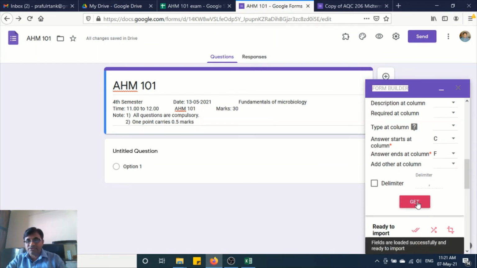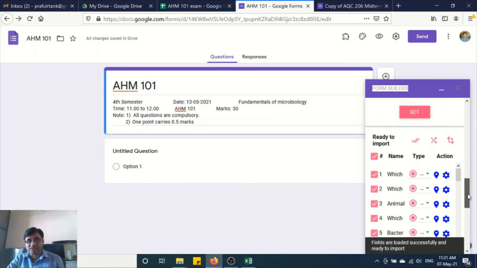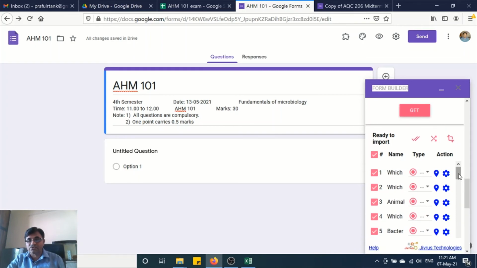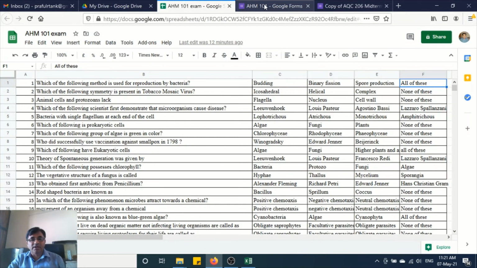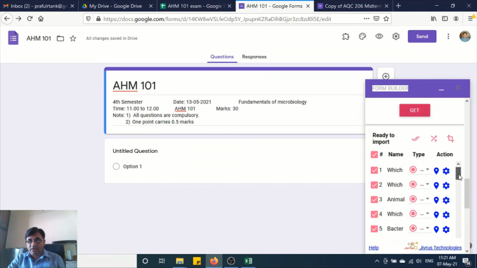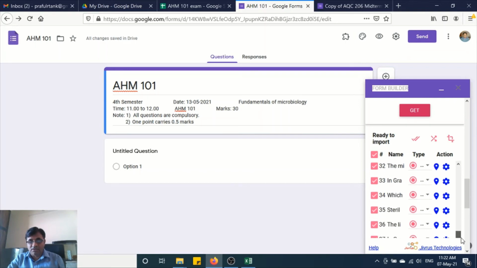So it will process, and all the questions that you have stored in your Google Sheet will be imported over here. So total this much questions we have selected, and it has already been imported over here.